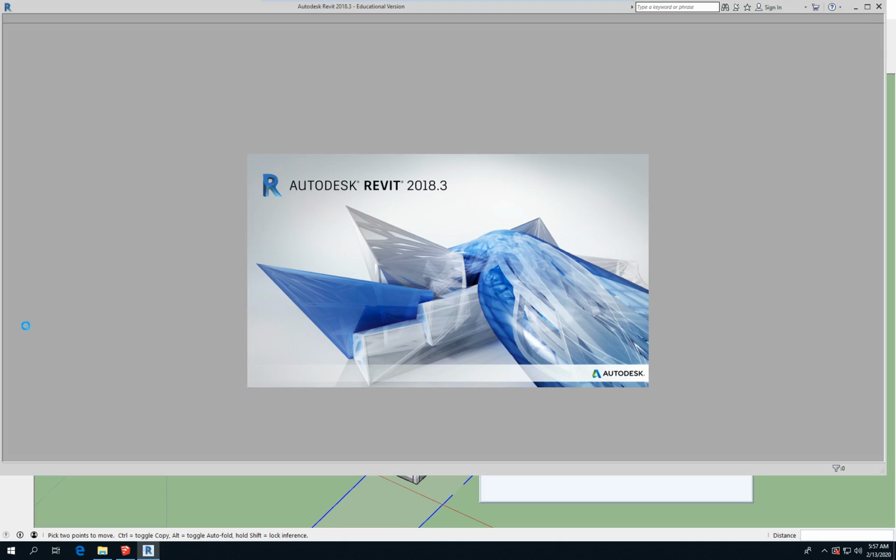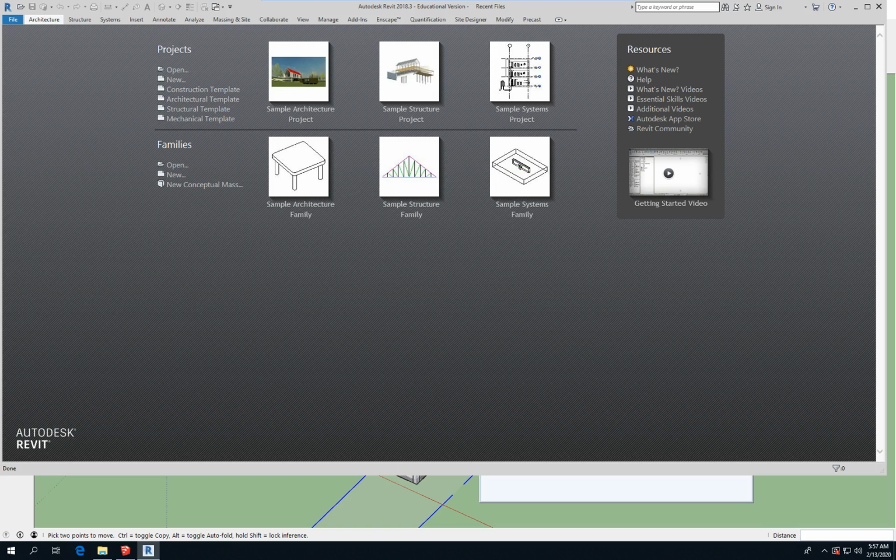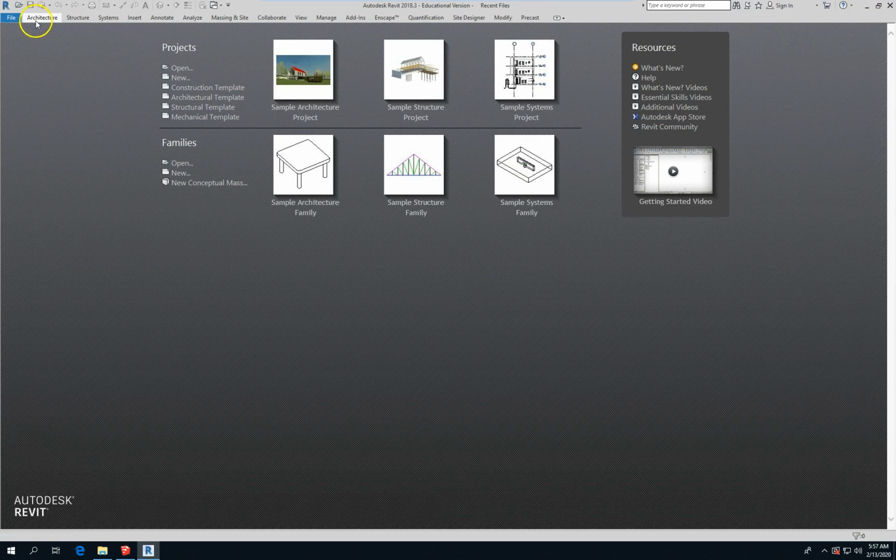So when we're going to create a new project, it's good to understand the differences between how Revit deals with 3D space and how SketchUp does, right? SketchUp requires you to do a bit more work. Revit creates a lot by default that you could take advantage of and use as constraints. So when you model elements in Revit,